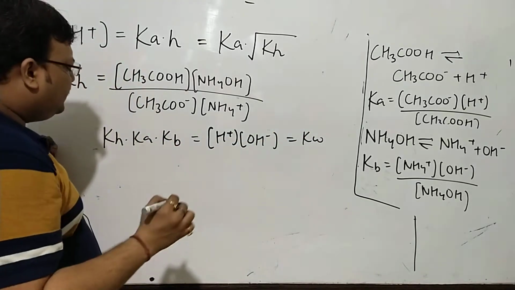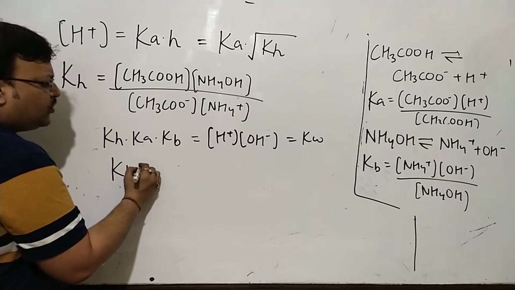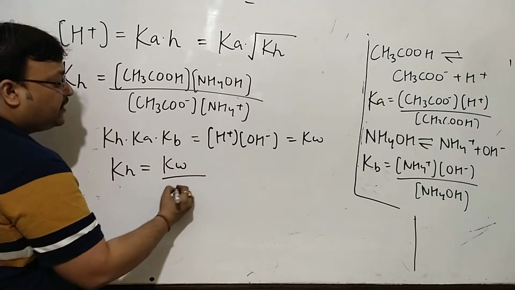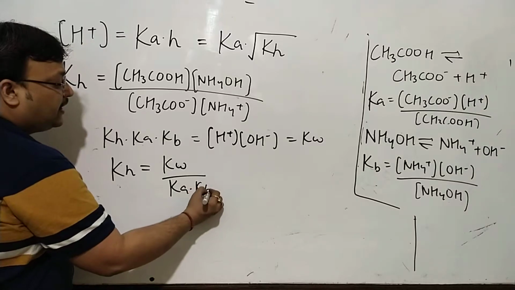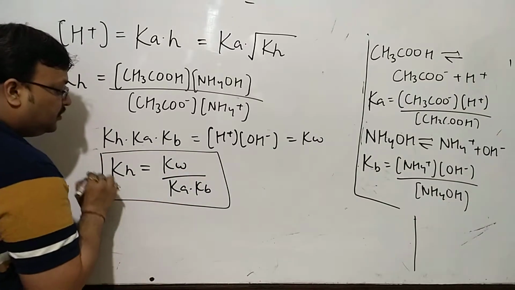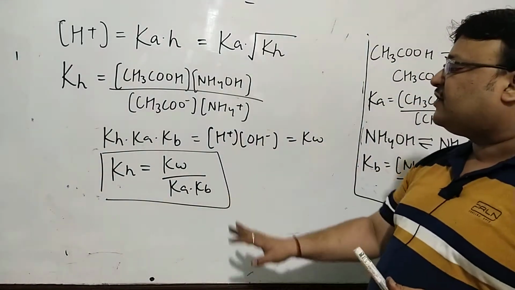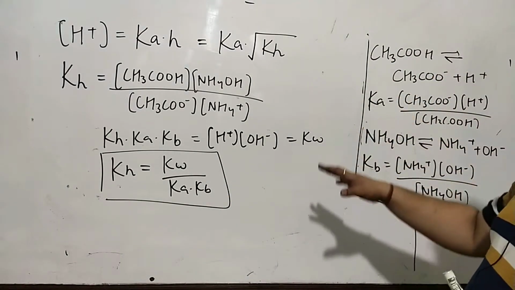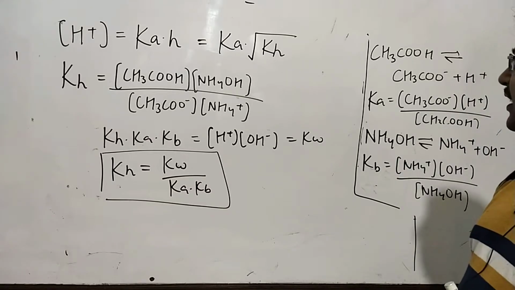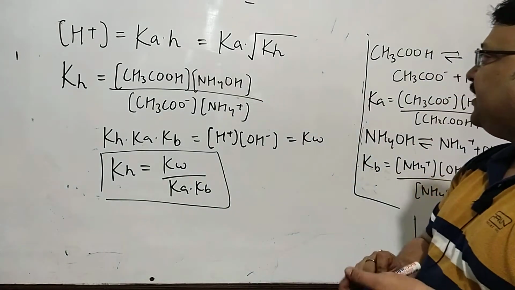So I have told you, yet again, I'll be able to write Kh in terms of Ka and Kb. This is now Kh in terms of Ka and Kb. Certainly you will want to copy all of this at your convenience. I can always write Kh in terms of Ka and Kb.